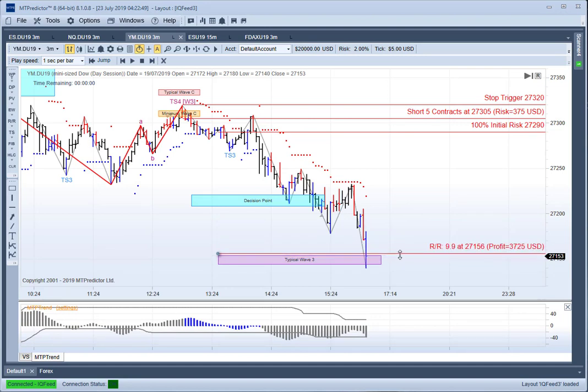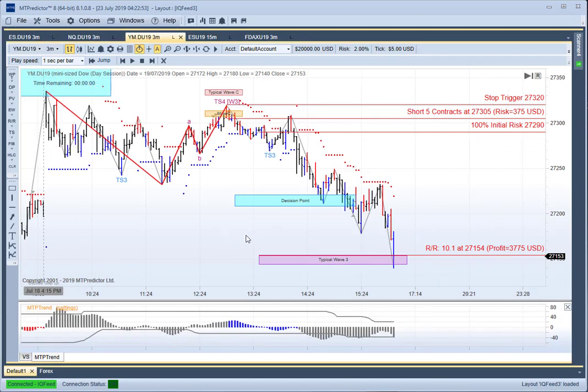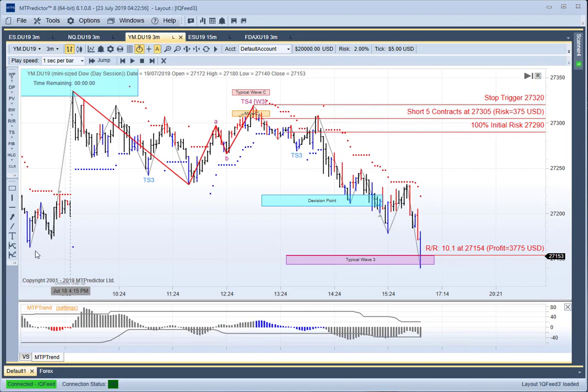The market came down to your original target where a potential 10R profit was available. So if you had made a 2R loss earlier, again that's a worst case scenario, I don't believe they would have been actually losing trades there by the way the market unfolded in real time. If they had been a worst case scenario of minus 2R, you suddenly have 10R profit and you come out at the end of the day with plus 8R, a very, very good trading day.